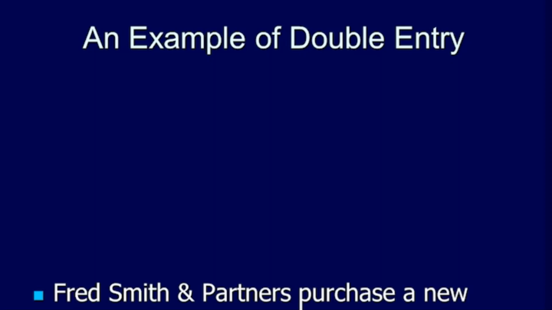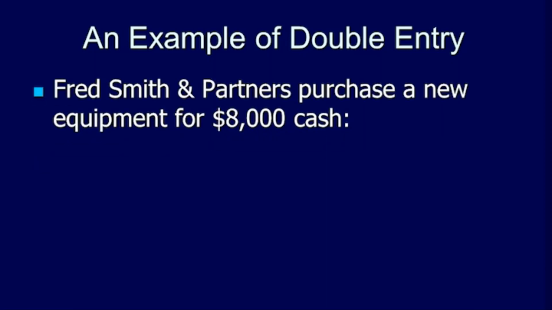Example number 1. Fred Smith and Partners purchase new equipment for 8,000 cash. Double entry accounting concept says that every financial transaction is recorded twice. Debit in one offsets a credit in another. The double entry for this particular business transaction: equipment account debit,